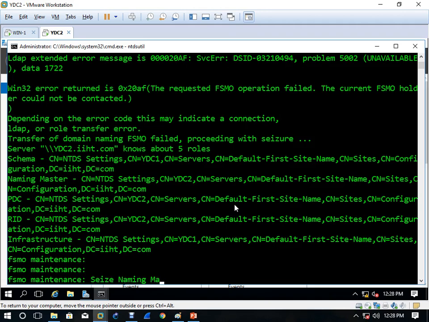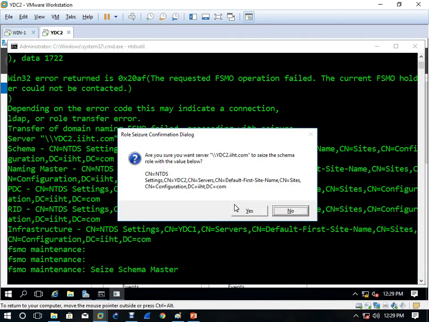So schema master, seize schema master, enter, yes.